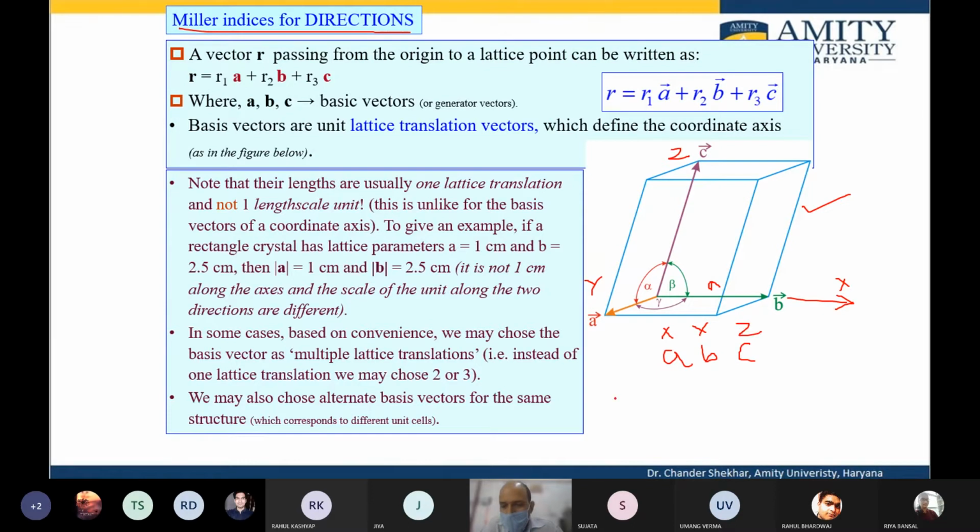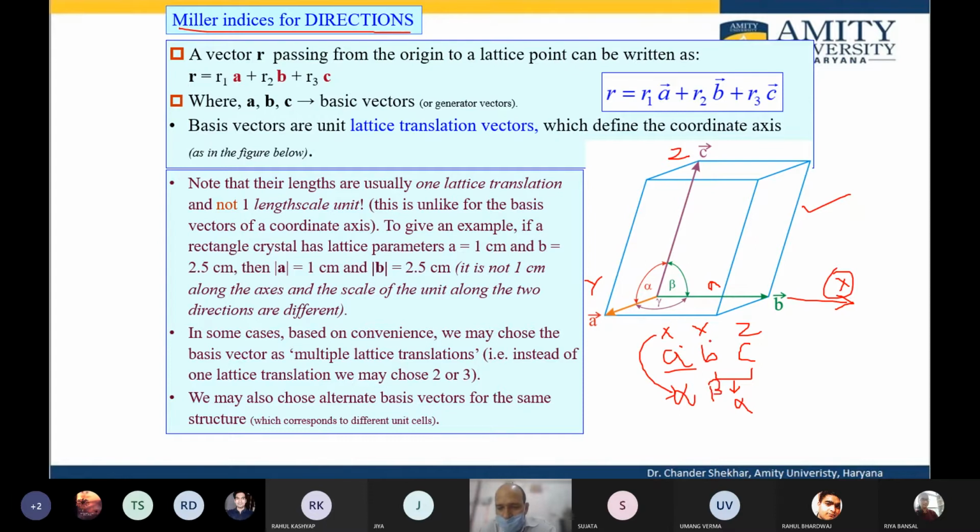So alpha will be the angle between B and C. That means, not A. If it is alpha, removing the axis corresponding to x, the other two axes, y and z, will make the angle alpha. Similarly, if you are talking about beta,